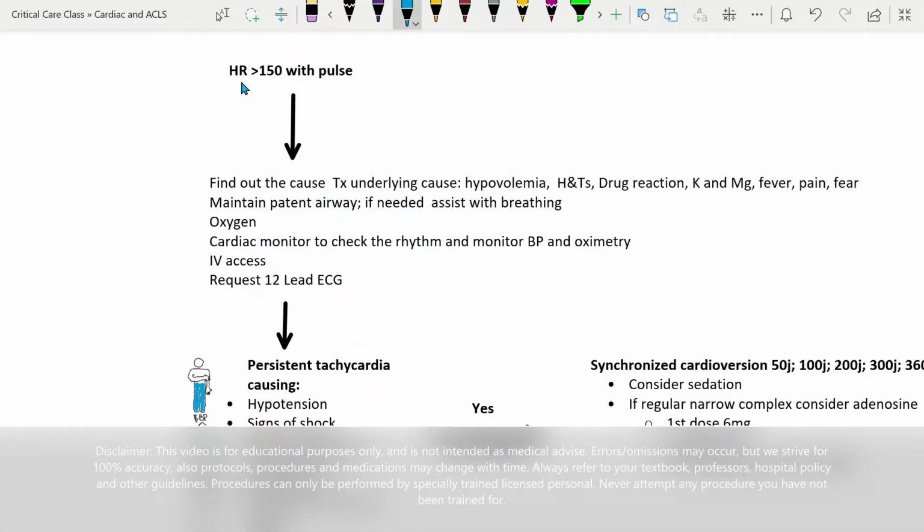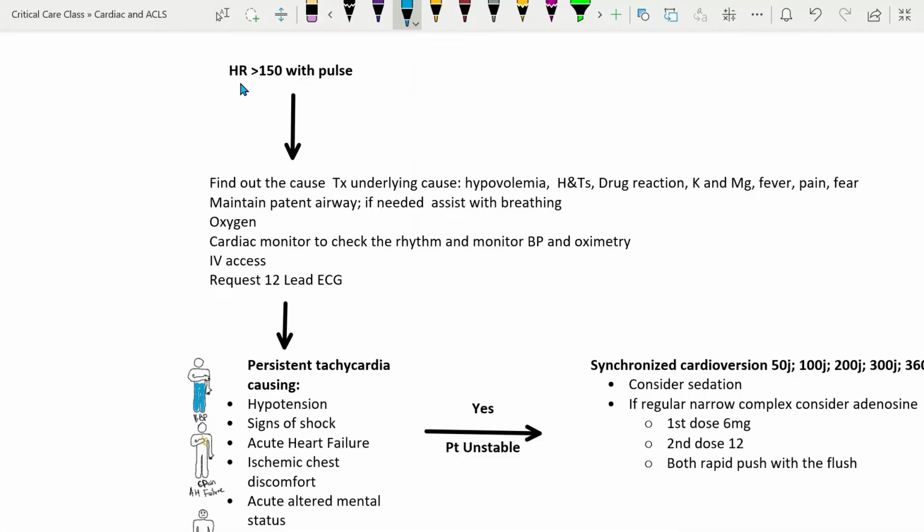Hello, in this video I will review the Tachycardia Algorithm. When the heart rate is above 150 with a pulse, the patient needs to be assessed for apparent causes of tachycardia